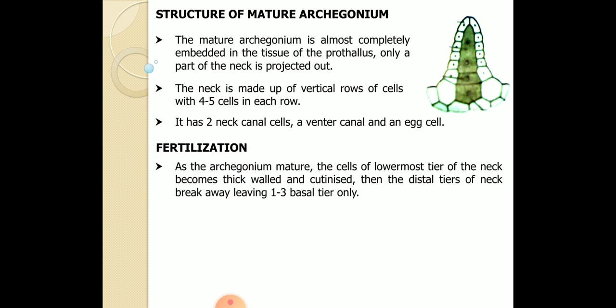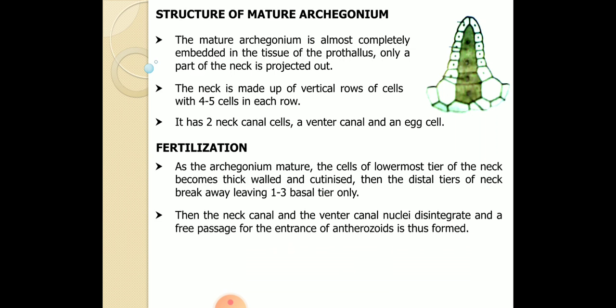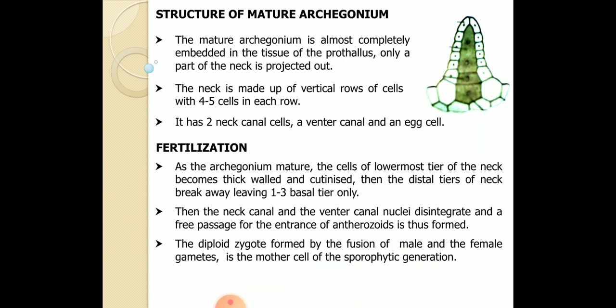Only the neck will project out, and the neck is made up of 4 to 5 rows of cells, and each has 2 neck canal cells, a ventral canal cell, and an egg cell will be present. What you observe in the green structure is the archegonium structure. So once the egg is produced and the sperm is produced, they undergo fusion, that is called